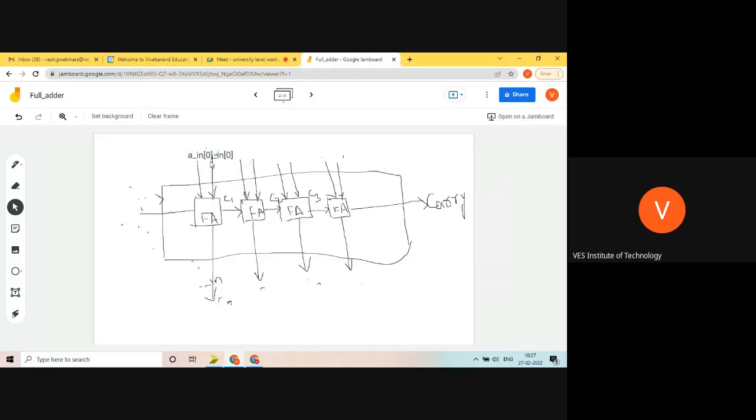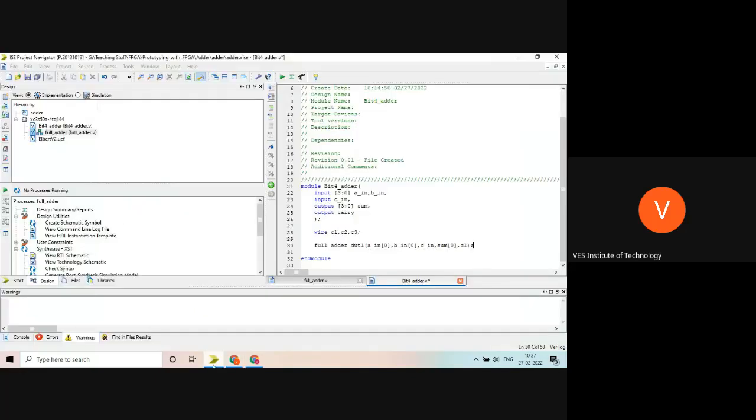So that I can write here. What happened? Okay, B in 0. So this is A in 0, B in 0, and this is some 0. In the same way, we can manage the remaining part. So just copy paste it.